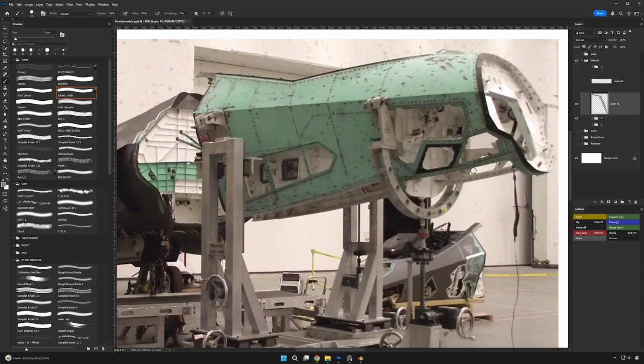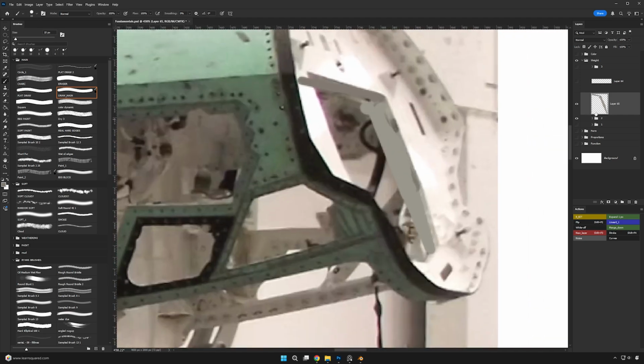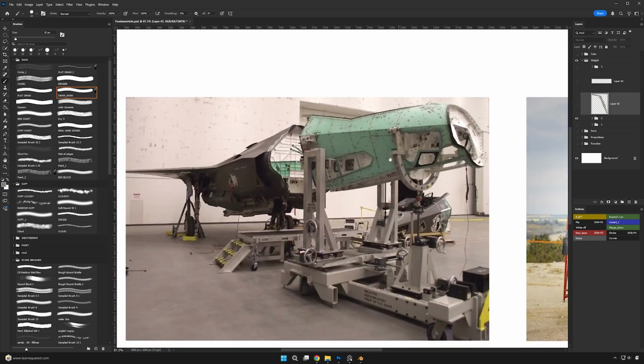If you apply that over the entire design, your whole aircraft will feel much heavier than it probably should be,